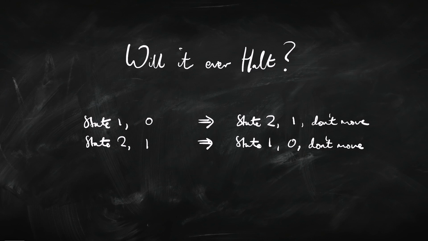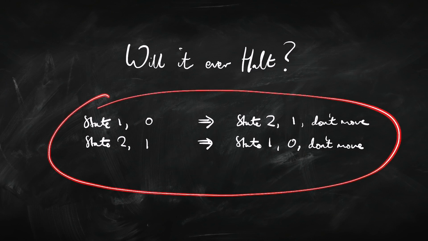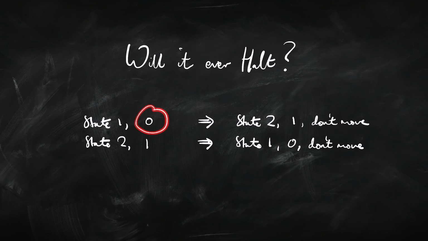How could a machine not halt? Well, suppose it had a really daft program like this, okay? You've got these two instructions. If you're in state 1 and you see a 0, then go into state 2 and write a 1 there. If you're in state 2 and you see a 1, then go into state 1 and write a 0 there. Okay, that's a pretty daft program, because if you do end up in this state, then you're going to go